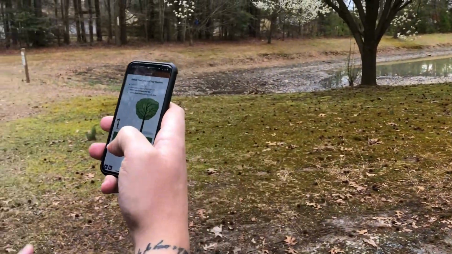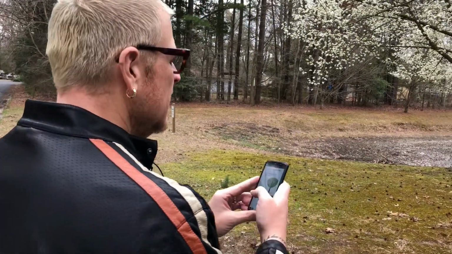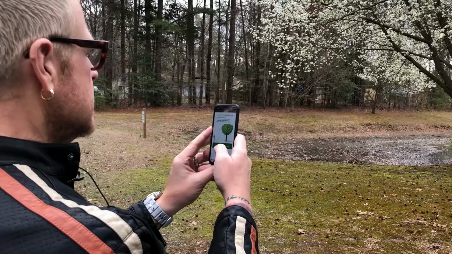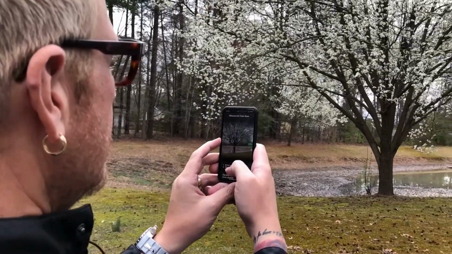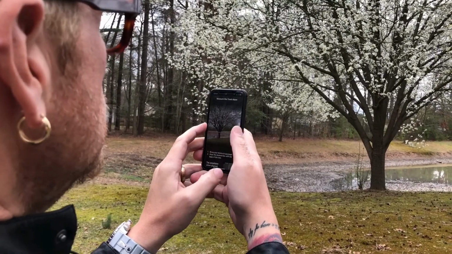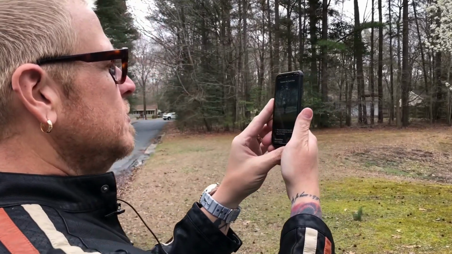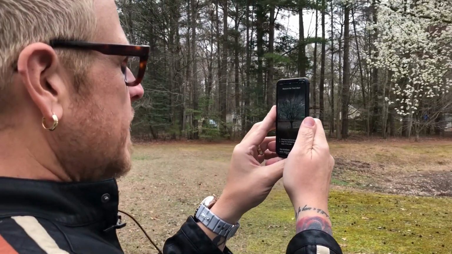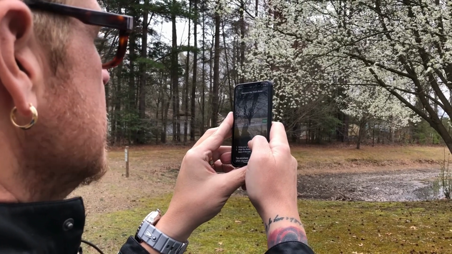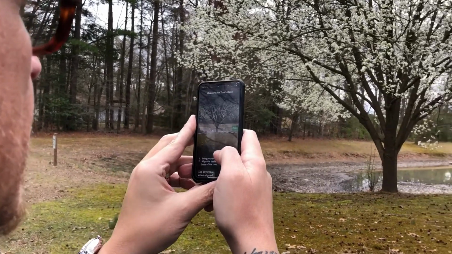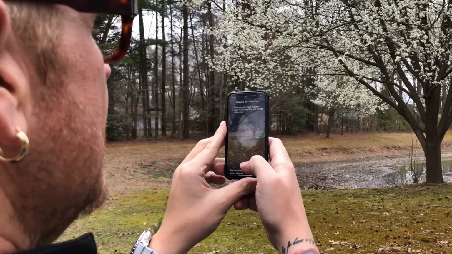So then once you do that, you're going to measure the base of the tree. This is really cool because you click next, measure base, and your camera will open up. You're going to make sure that your phone's camera is always at your eye level. So, keeping it at eye level, I'm going to go to the base of the tree and align this white dotted line to it. There we go, it's at the base of the tree. I like that. I'm going to continue to measure the tree top.